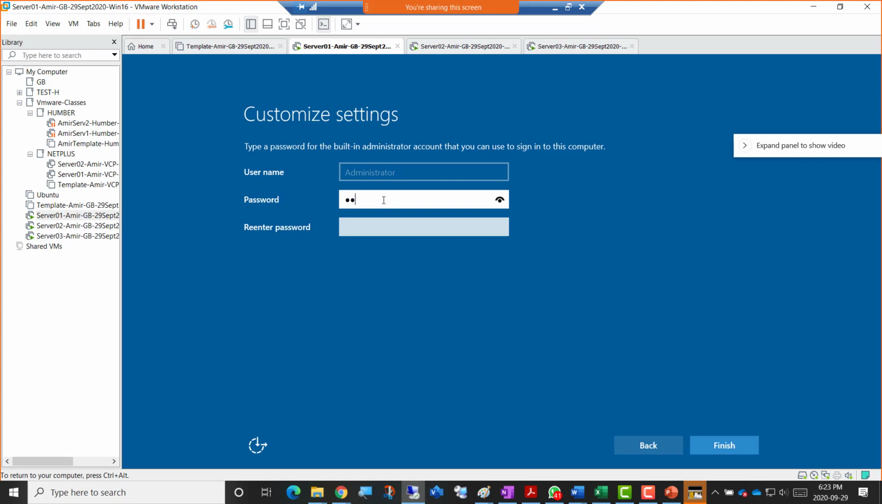So small abc, capital ABC, shift 123 without shift 123, and small abc, capital ABC, shift 123 without shift 123. So I put that password. It's going to ask for that password. It's a totally new machine, so it's not going to take the password of the template machine. You have to just put your own password. I'm just putting the same class password here. So I'm going to click finish,